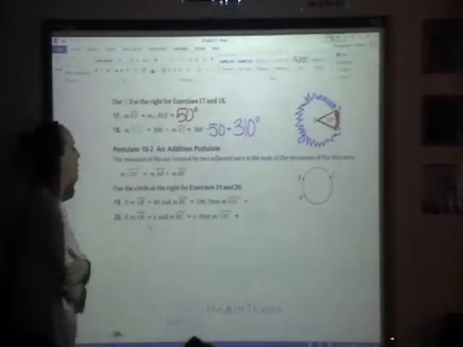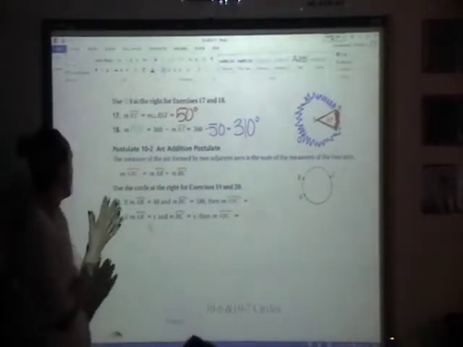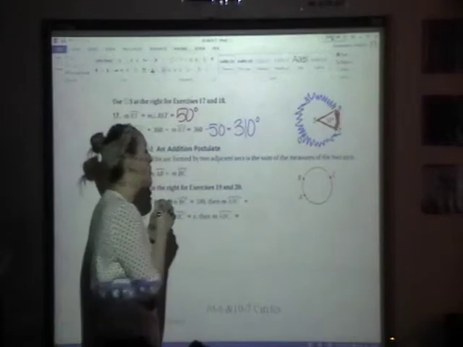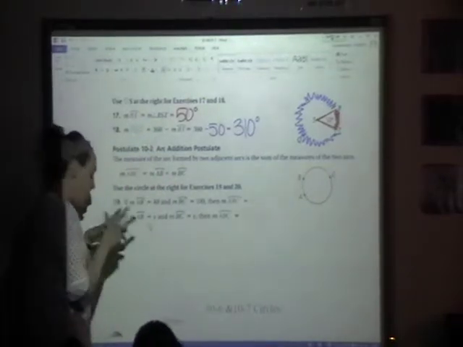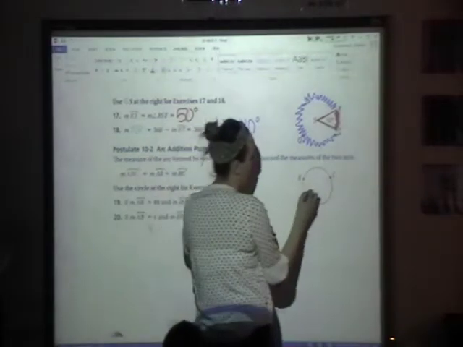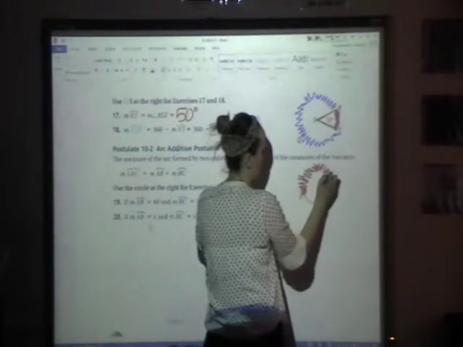Alright, a cool concept that we know about is arc addition. Super cool because it's going to help you in all life things. It says the measure of an arc formed by two adjacent arcs is the sum of the measures of the two arcs. So it's saying to find my total arc ABC,